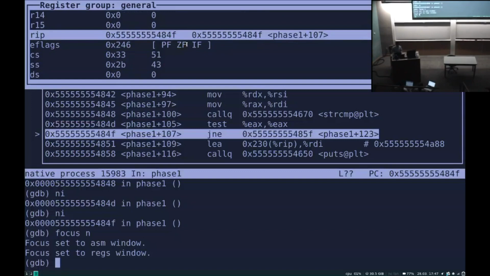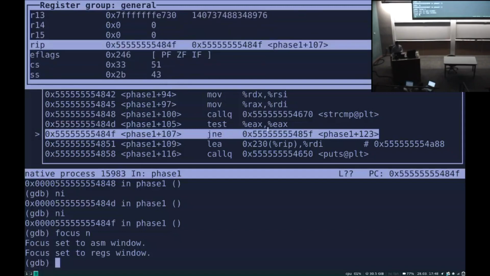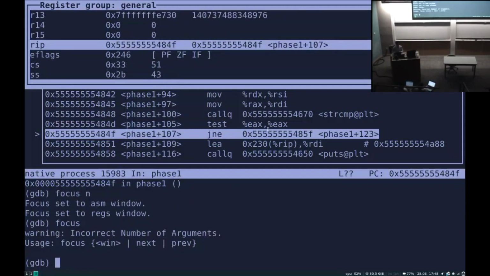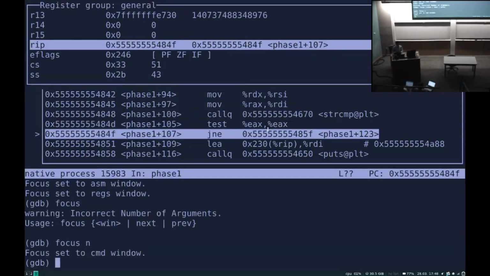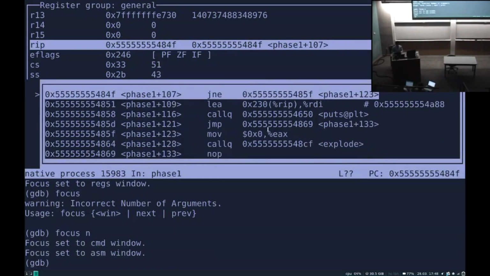Here you can see that the Z flag was set after running that command. So because it was set, the jump not equal, because they were equal, but the zero flag was set, it's not going to jump,